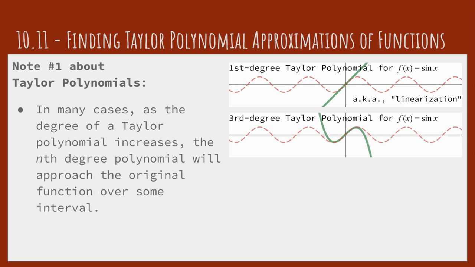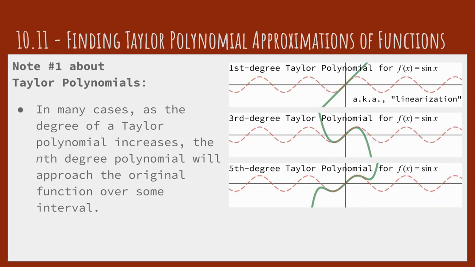If we look at the third degree Taylor polynomial for sine, this is a much better approximation over a much wider interval. And then the approximation goes off and becomes not very good after a little while. If we look at the fifth degree Taylor polynomial, now it looks like we're good. We have a pretty good approximation all the way from negative pi over 2 to pi over 2. So the difference between the sine function and the approximation using a Taylor polynomial is getting smaller over a bigger